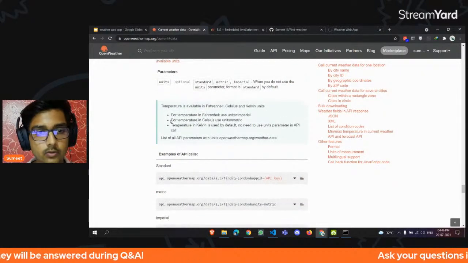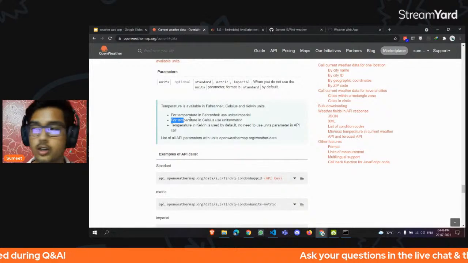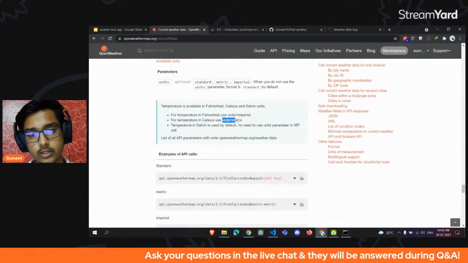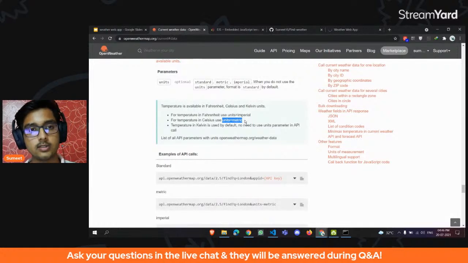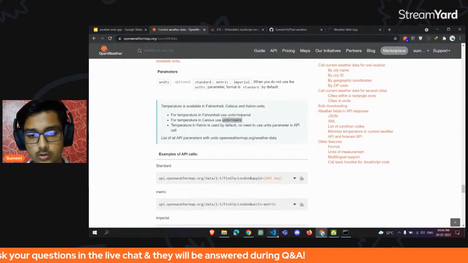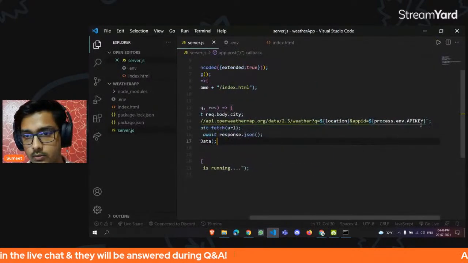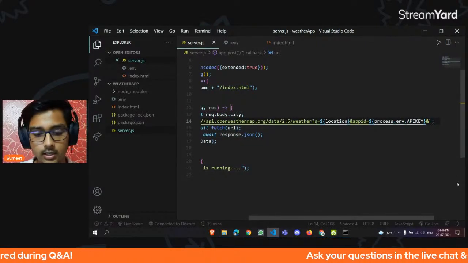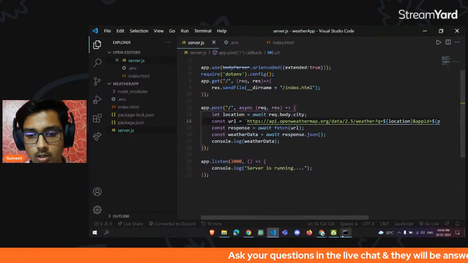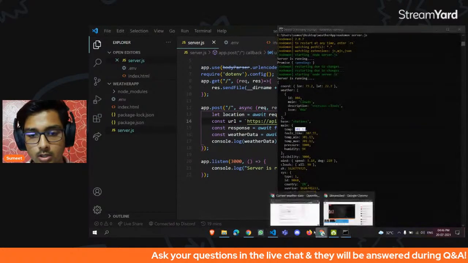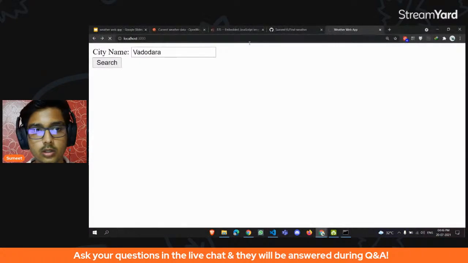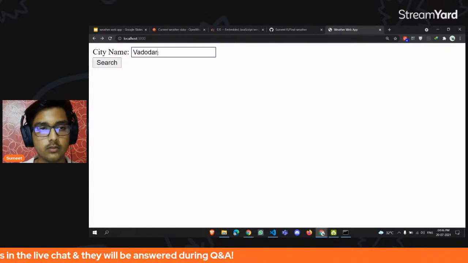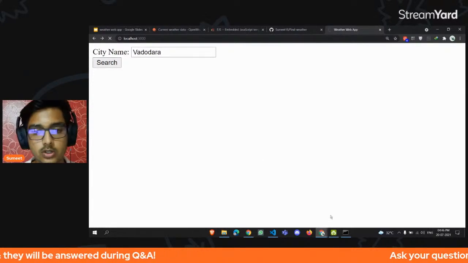And you can see if we want to change our temperature into Celsius, we need to add unit as metric at the end of the URL. So we will go to the end of the URL and add an ampersand and paste it here. Now let me go to the browser, refresh the browser, and now if I enter Vadodara here, make a search again,